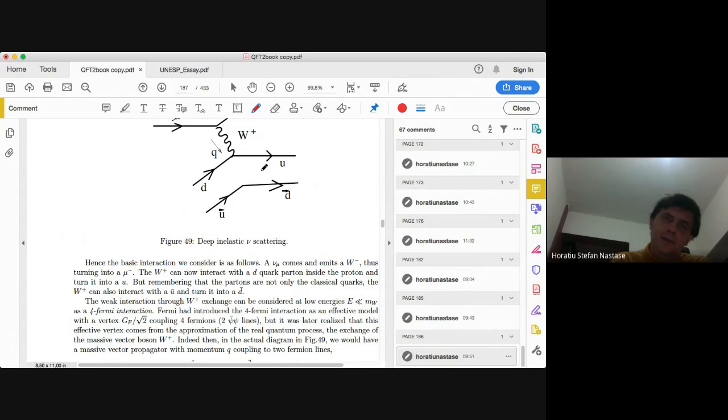Yeah, of course. If I had antiquarks, then the W plus could turn an anti-up quark, U bar, into a D bar, the anti-down quark. That's another possibility for the basic interaction. But we're talking about protons, and the proton has only quarks, not antiquarks. And also note then that I changed from